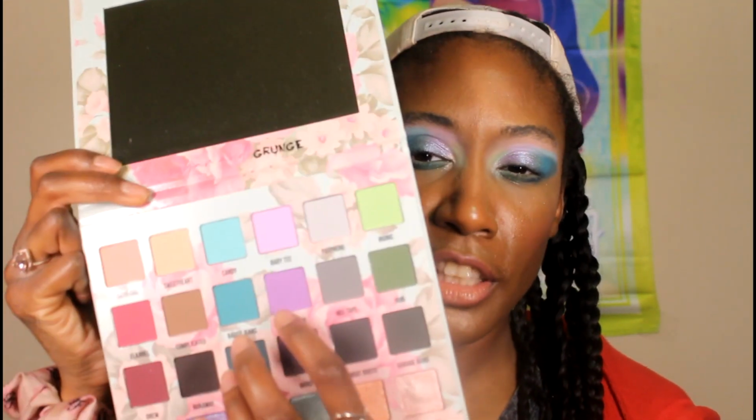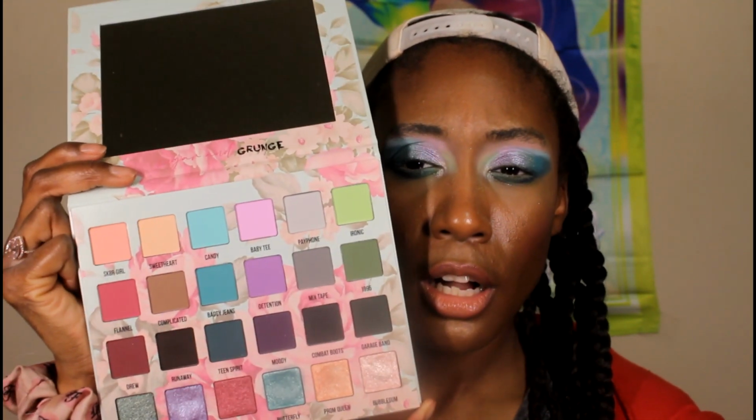The only thing I wasn't impressed with, like I told y'all, was the shade Baby Tea. So I'm gonna have to try to mix it with the Detention when I do a look with these the next time. I'm thinking about doing a pink and purple look later on this week, and then maybe like another green, blue, and purple look, or maybe just a green look on its own, like a grungy green look